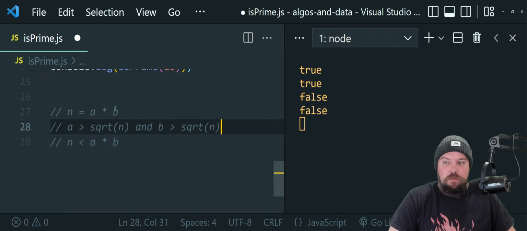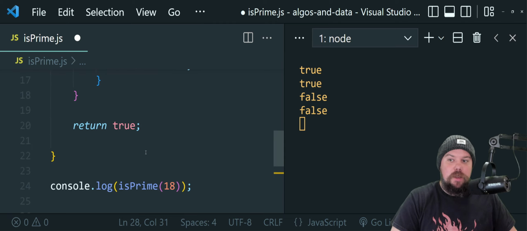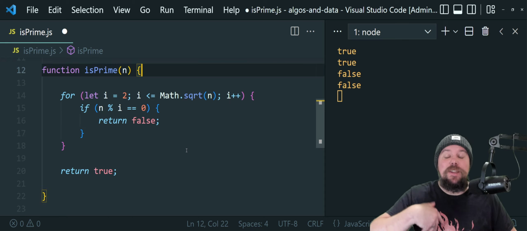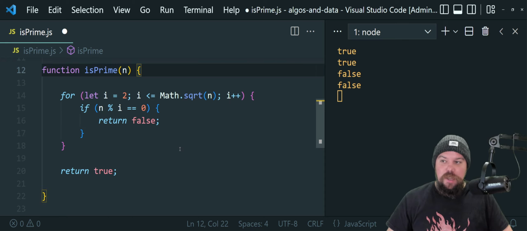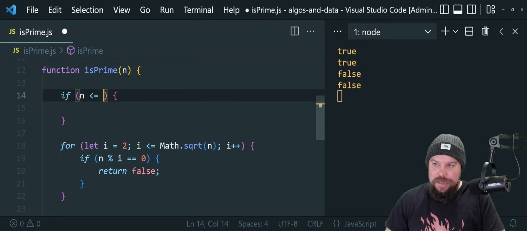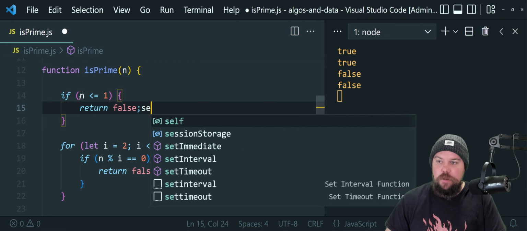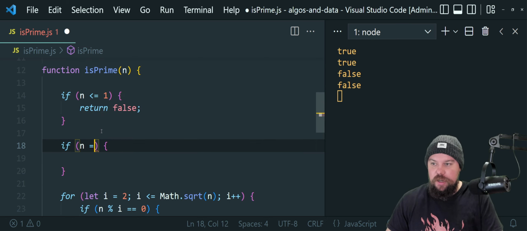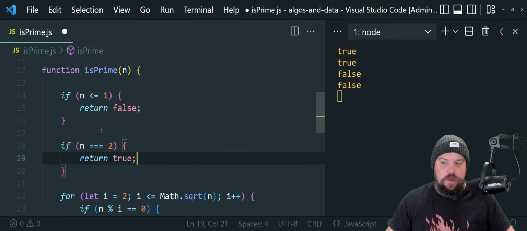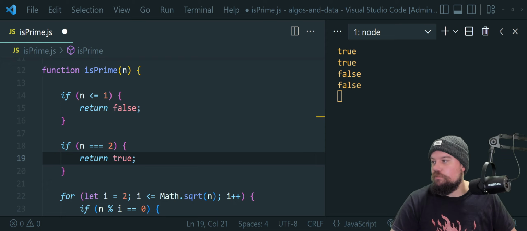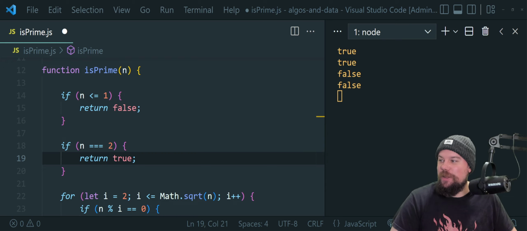But basically there's some logic that says, hey, we can only loop up to n, including the square root of n, rather than all the way up to n, to super optimize this particular solution. We can also have an early exit condition to consider as well. We can say if the number is less than or equal to 1, we can return early because we don't have to run anything. We could also add in the exception that if n is equal to 2, we can just return true because we already know that input number is a prime value. And from there,